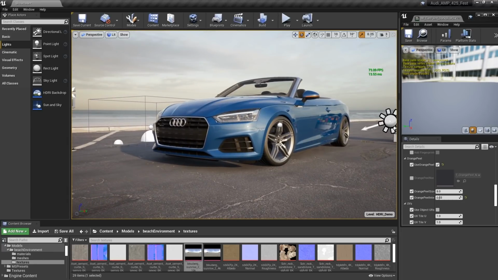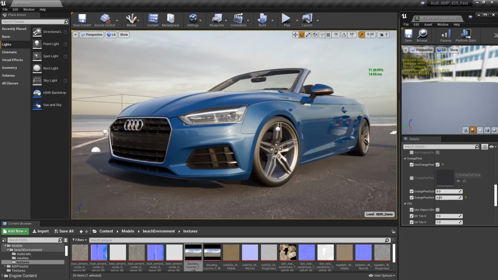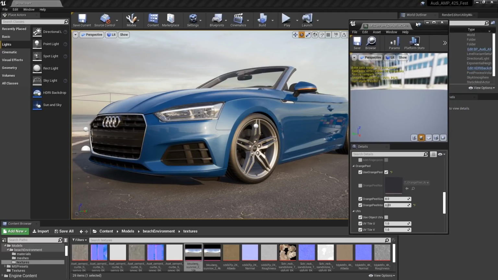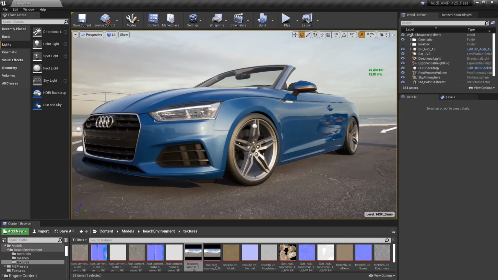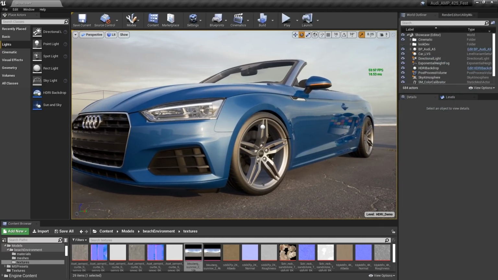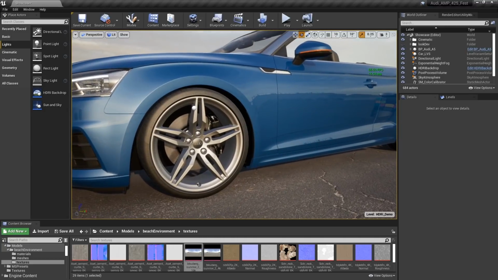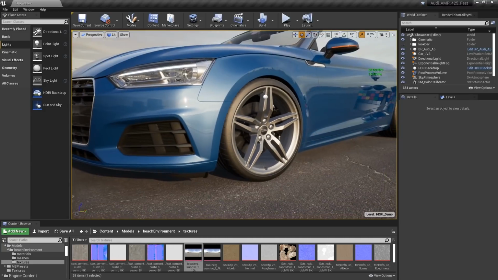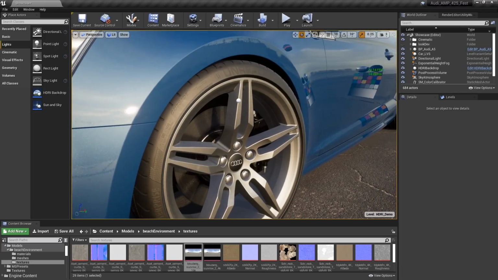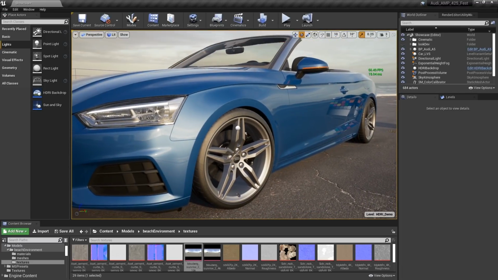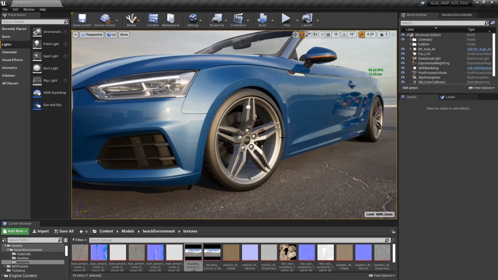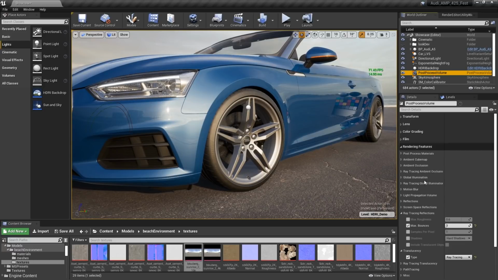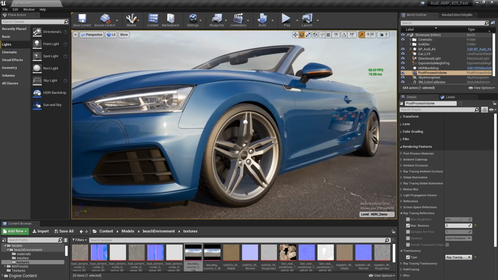Now, there's a couple of other things that we want to start to talk about, and that is reflections and the hybrid ray tracer. We alluded to that a bit earlier, and we never really finished the conversation. If you look at this right now, things are looking good, but this wheel feels really, really off, right? So right now what's happening with the hybrid ray tracer is the default max roughness value in the post-process volume is set to 0.6, okay?